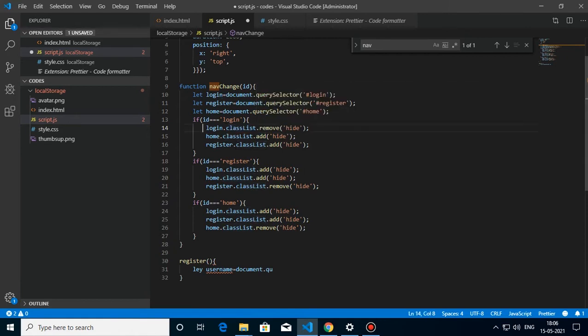When you select an element and then add classList.remove, it will remove the class which we specified inside it, which here is hide. So it takes the login and from its class list it will remove hide. Same with the home, and when it takes register and from its class list it will add hide. This is how the function toggling between the different navigation works.